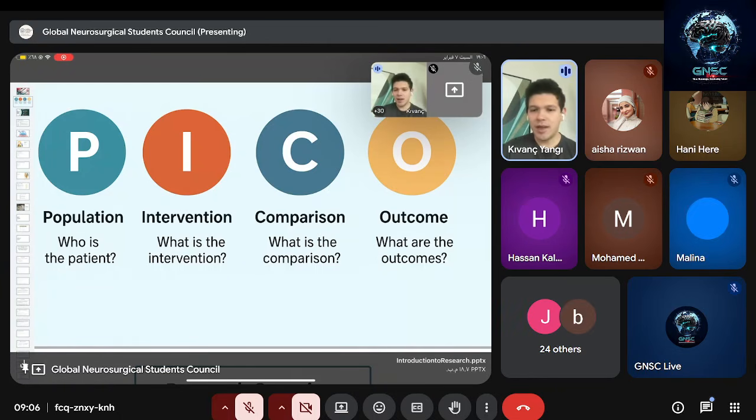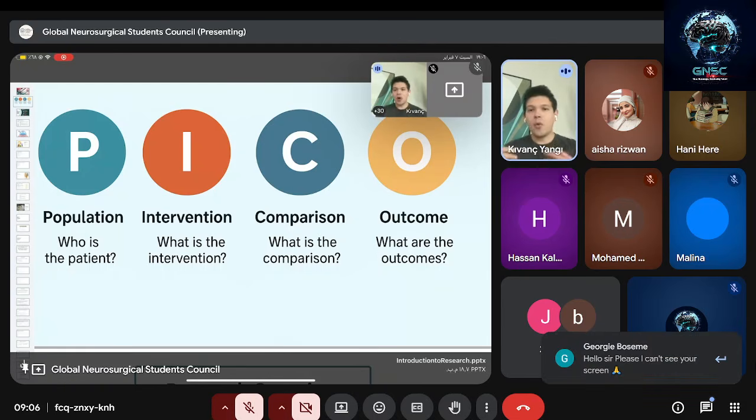Second most important thing is the intervention. So what is the intervention that you'd like to